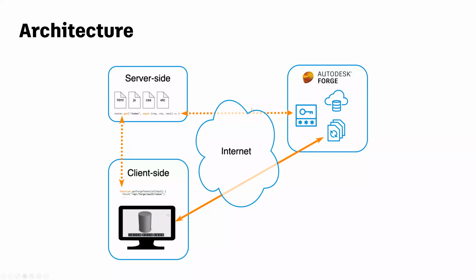So from the server side, we will be communicating with the Forge service. In this session, in this class, we will be communicating with the design automation. From the client side, you cannot call the design automation API directly. There is a way to directly call from the client side. For that, you need to use WebSocket. That's an API from design automation, but in this session we will not be talking about the design automation WebSocket endpoint,